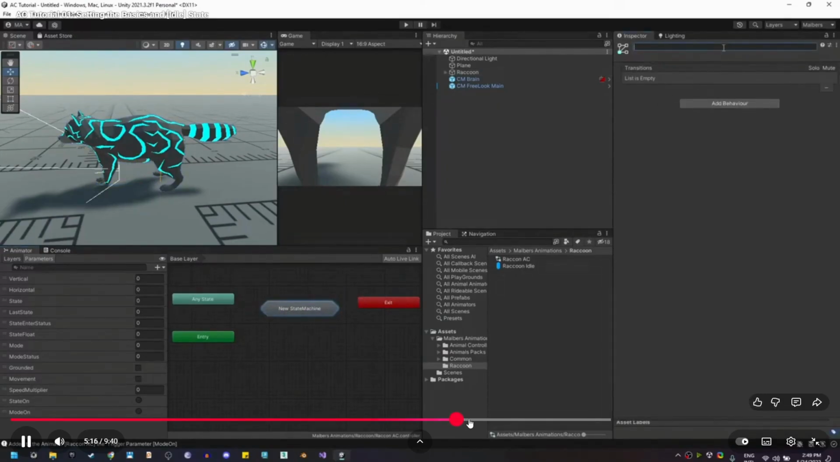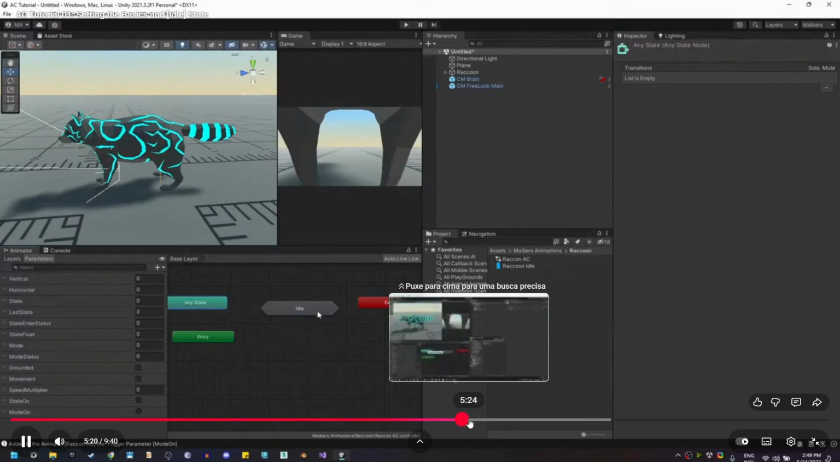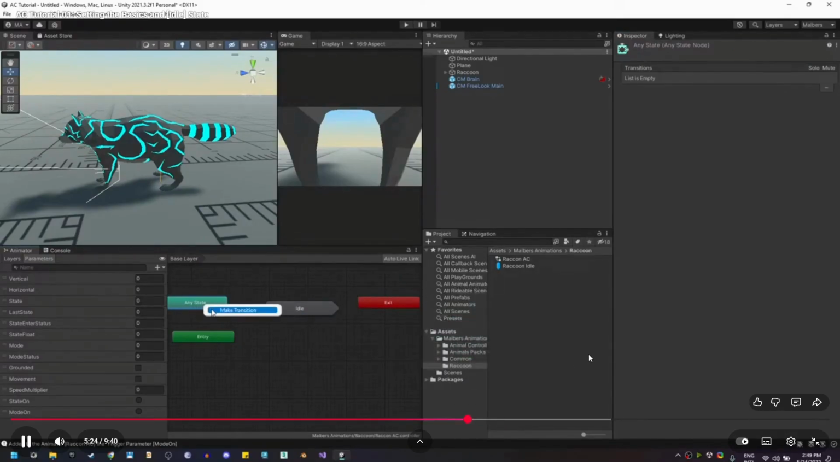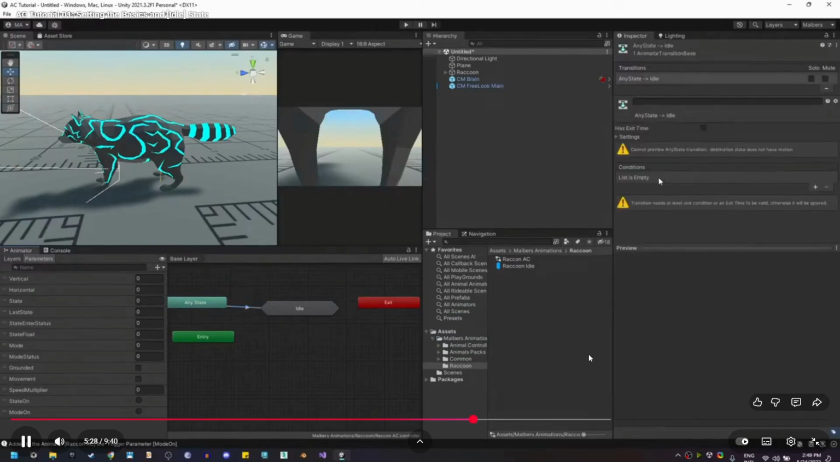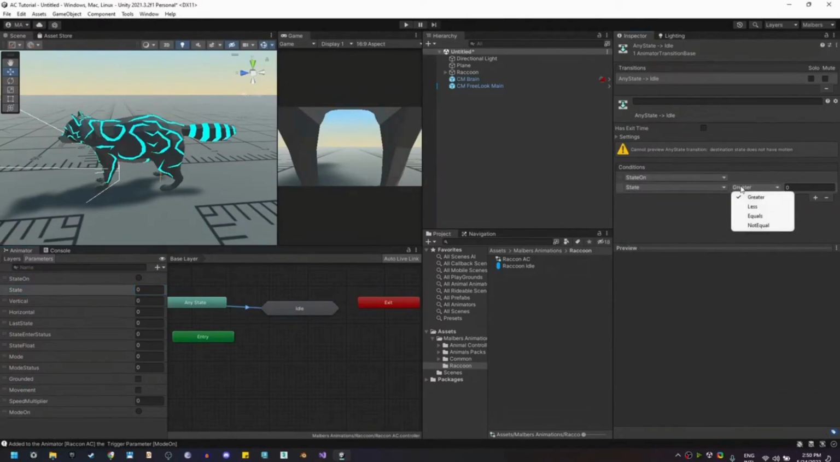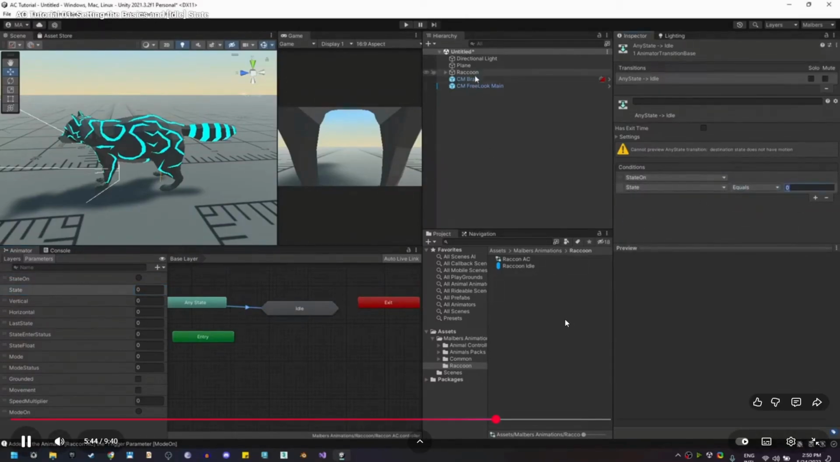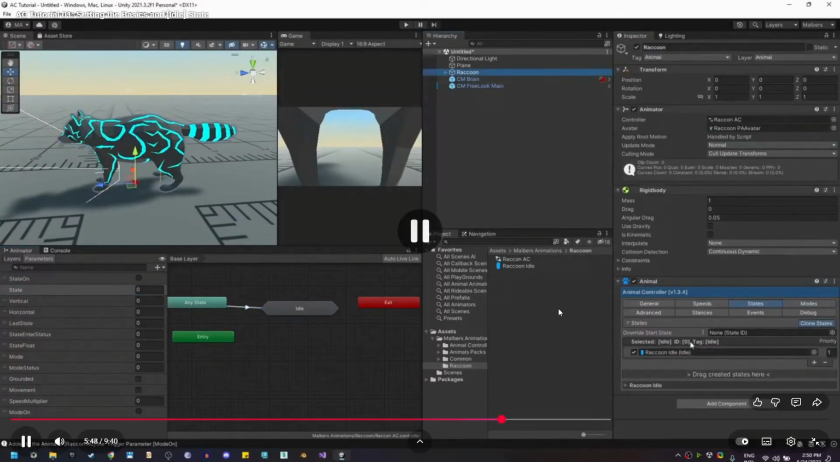Let's call it Idle. And we need to create a transition from Any State to this Idle sub-state machine. So right click on Any State and make transition to Idle. And here on the conditions, we are going to need the State On and the State. Add a new condition, and State On needs to be triggered, and State needs to be equal to 0. Why 0? 0 is the ID for the idle state. And the